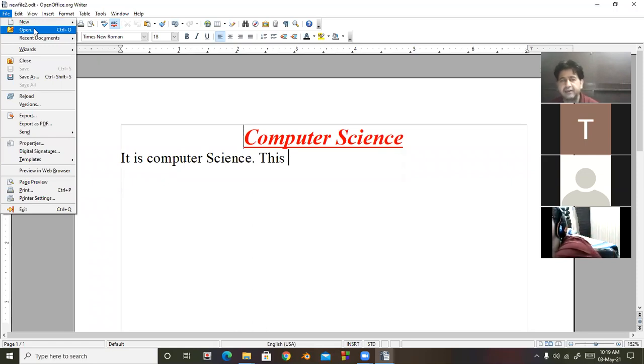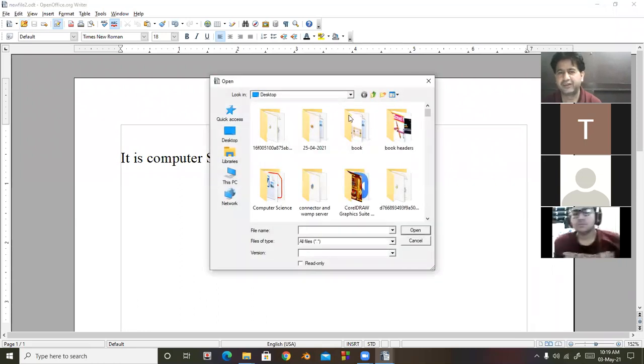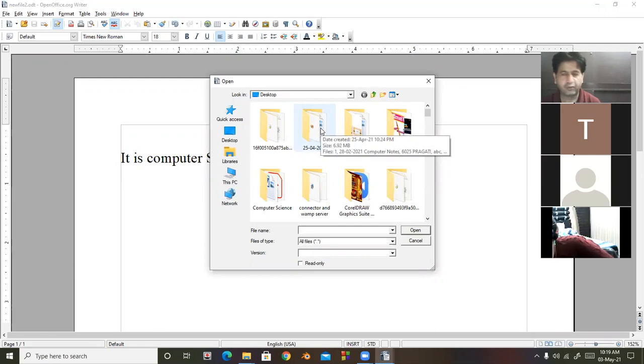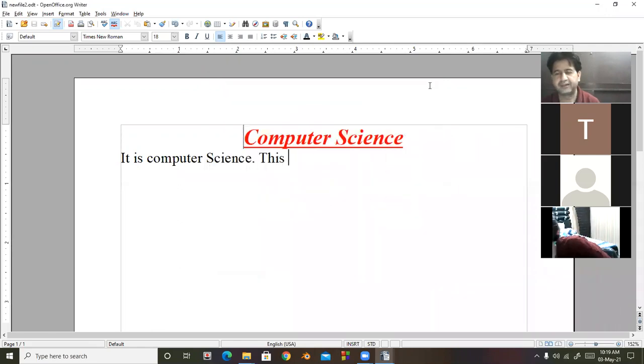Shortcut key is Control plus O. And there is an open button available in the standard toolbar. So look at here. A dialog box will appear, select your file and click on open button. These are exactly similar to MS Word.